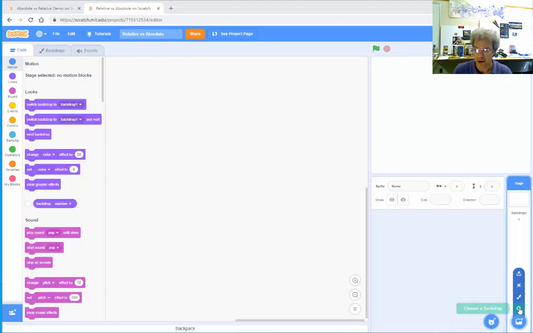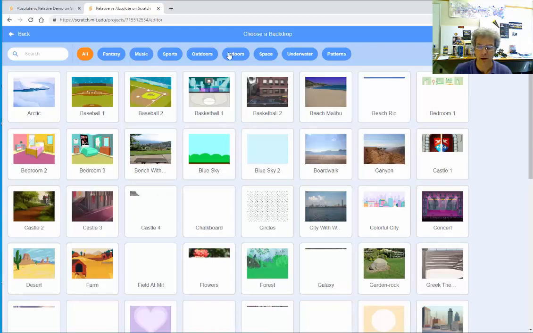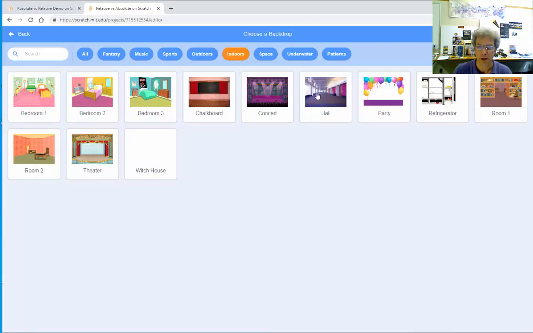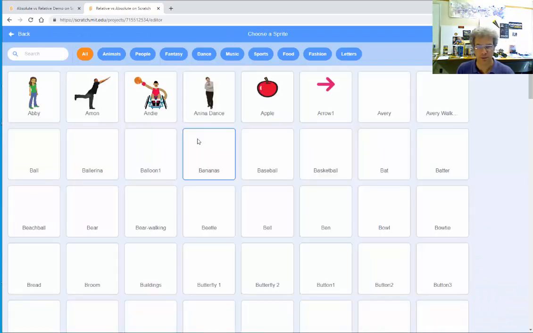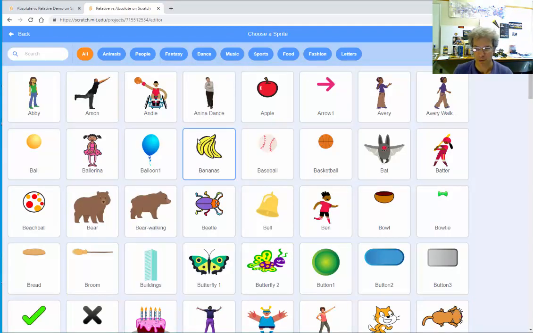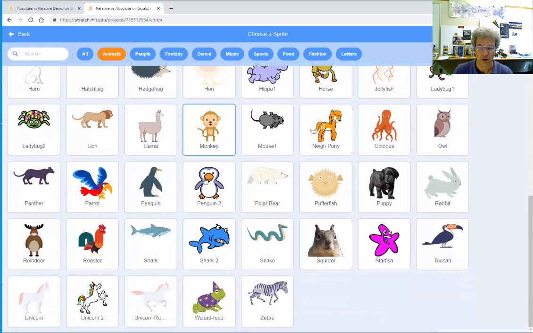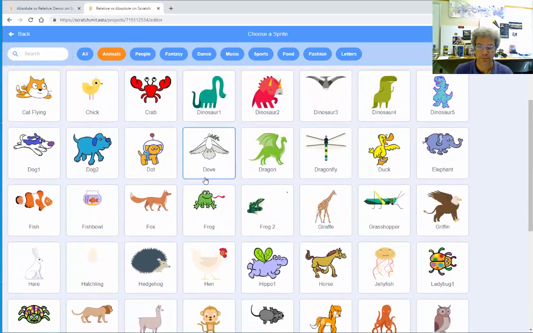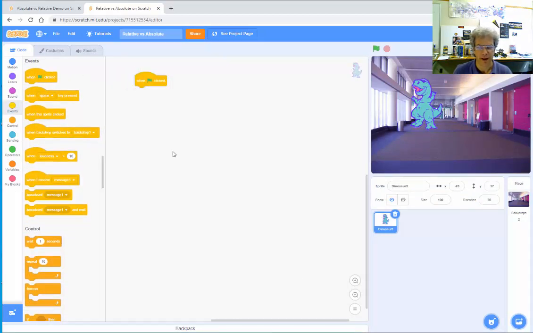The first thing I need is the right backdrop. So I'm going to pull up my hallway backdrop. Let's see, that was indoors. There we go. So there's my hallway backdrop, and then I need my dinosaur. You can, of course, pick a different backdrop and a different sprite if you want, but these seem to work pretty well for this example. Here's my dinosaur. And so I'm going to say when the green flag is clicked,